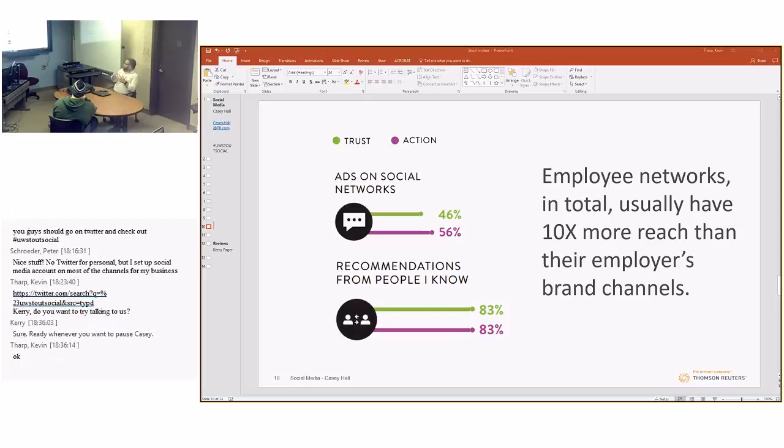But it can be a much more authentic and valuable way to reach out to people. This can be influencers as well, who don't work for the company, but to actually use individual people rather than just branded accounts when you're reaching out to people. So one thing I do for all of our high-level executives is sit down and go through their LinkedIn profile